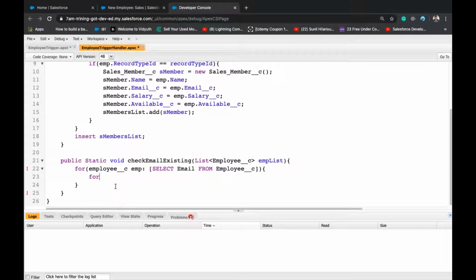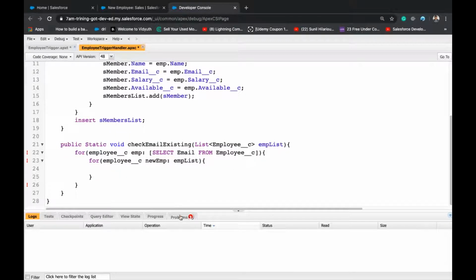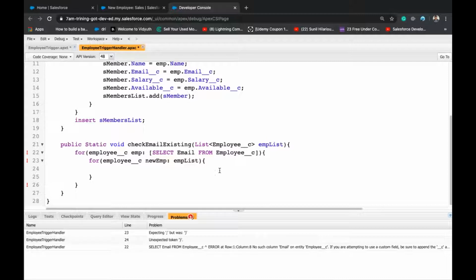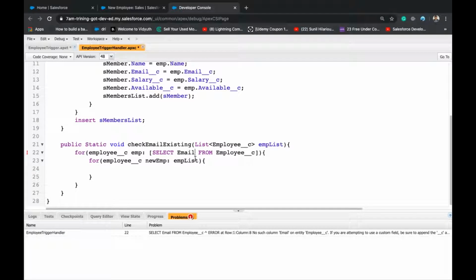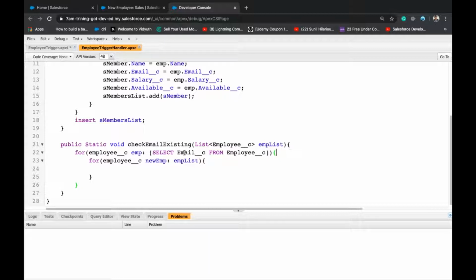Then I'll take one more for loop: for Employee__c newEmp colon.